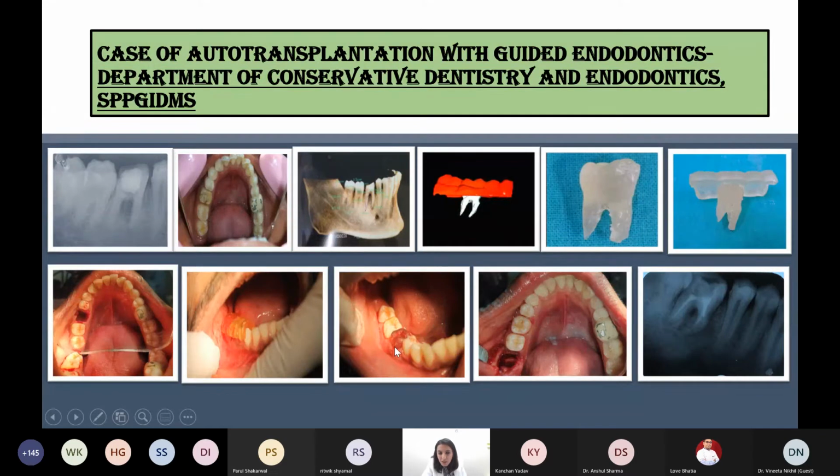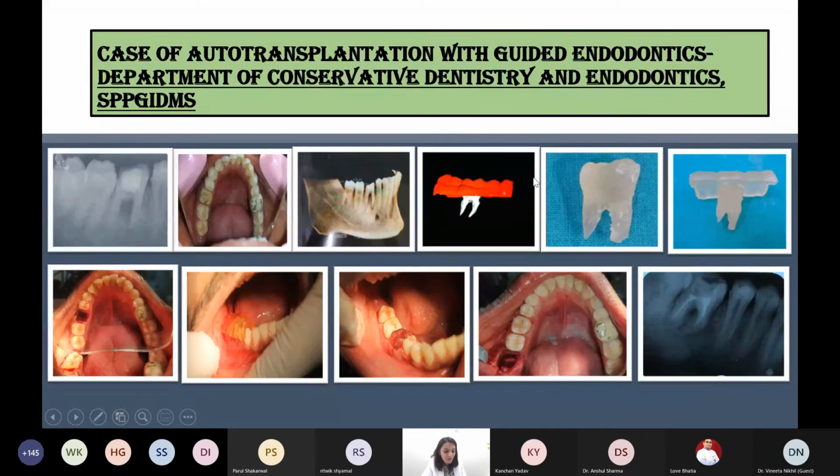Can you see in this particular picture how well this guide of 48 fits? 48 is already here. This is the guided version of 48. This is such an amazing technology. After that, when we felt that this has a good fit, they took out 48 and placed it in the place of 46. Really nicely handled case, and that's the post-op of this.